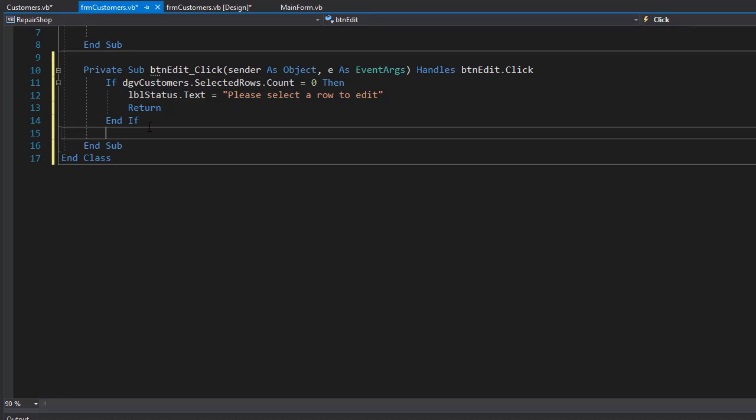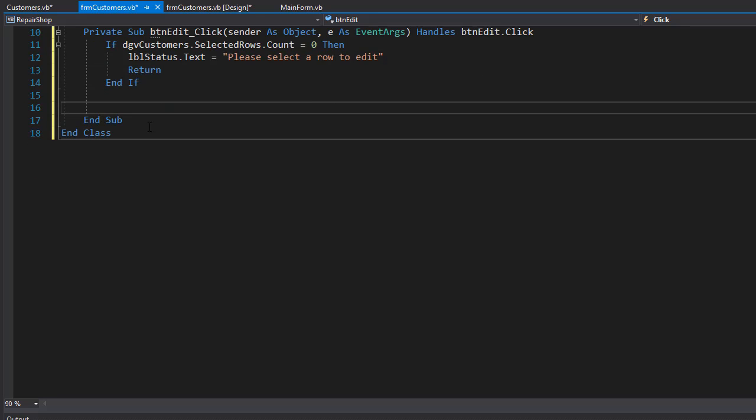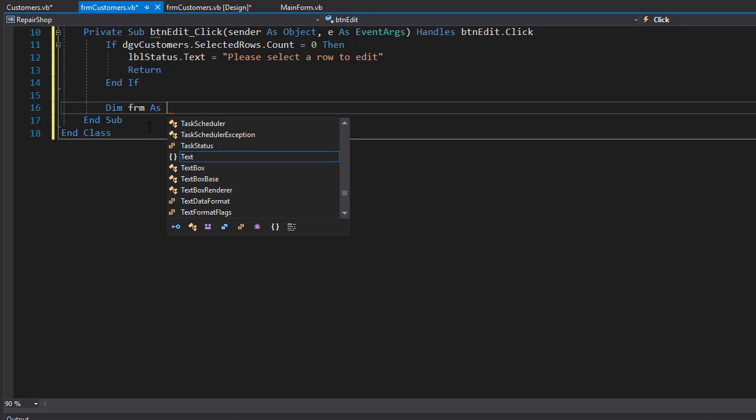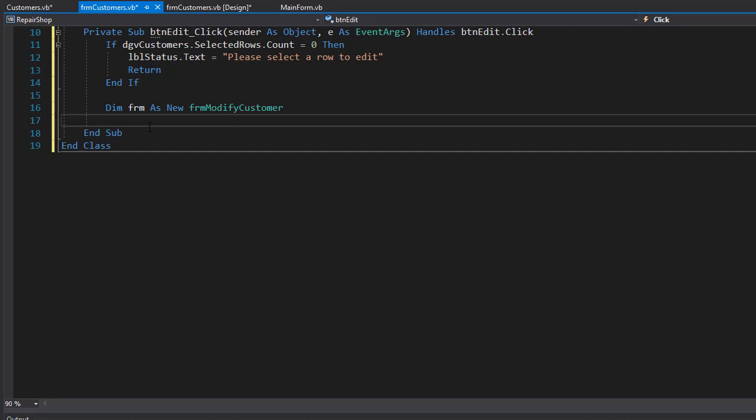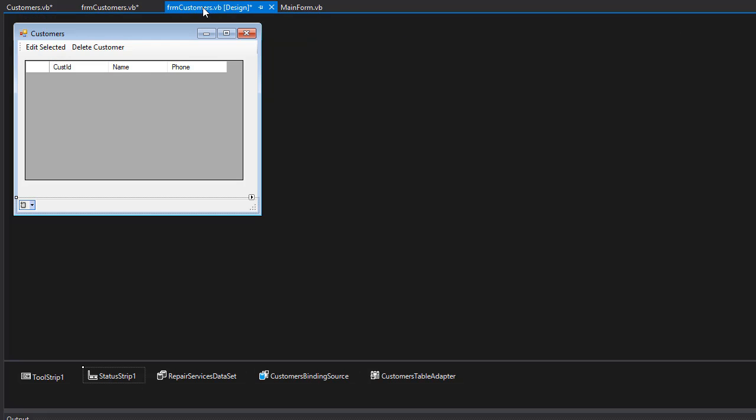Now if everything is okay, if the user selected a row to edit, then we'll open the form. So I'll create a new instance of it, and it's going to be a new instance of FRM modify customer. And then in this form we need to pass in the ID of the customer that we want to edit. If you look in our form here, we have the customer ID, so we need to pass that into the